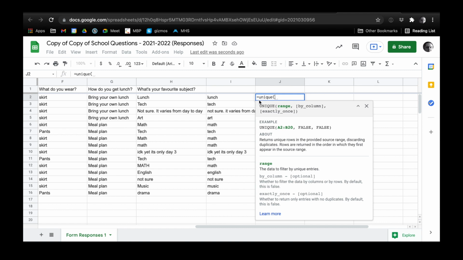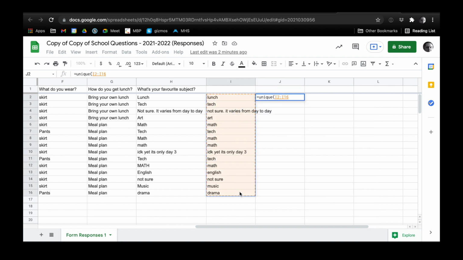So the unique function wants a range, and a range looks like this, where you start with one cell, colon, another cell. And it has two other parameters that it takes as well, which we won't be using in this particular example. So I'm going to just go ahead and drag down to give it the range, and then close my bracket